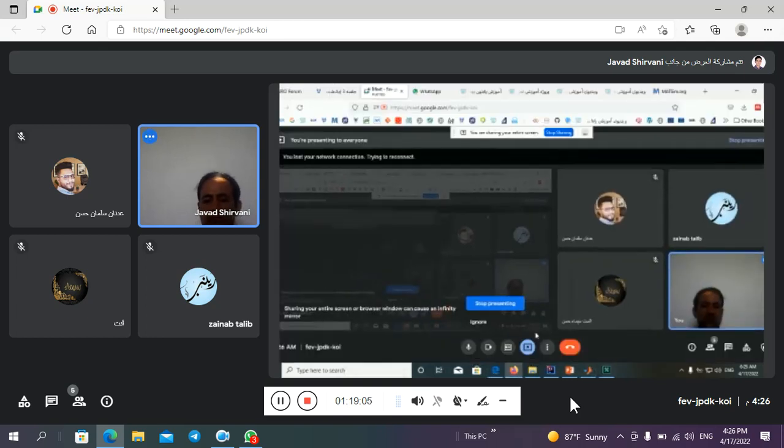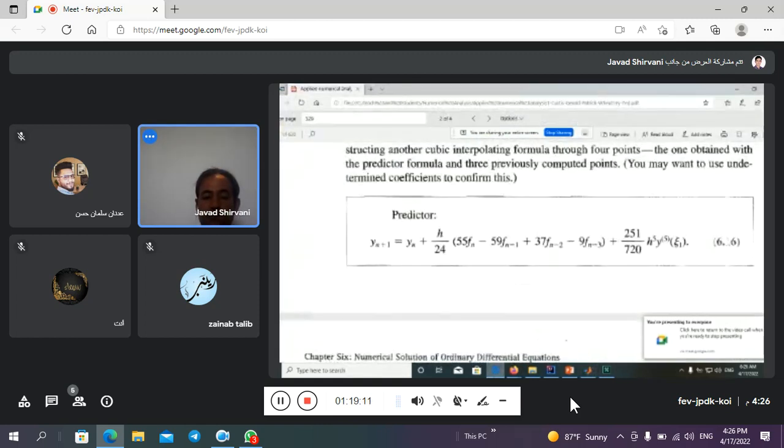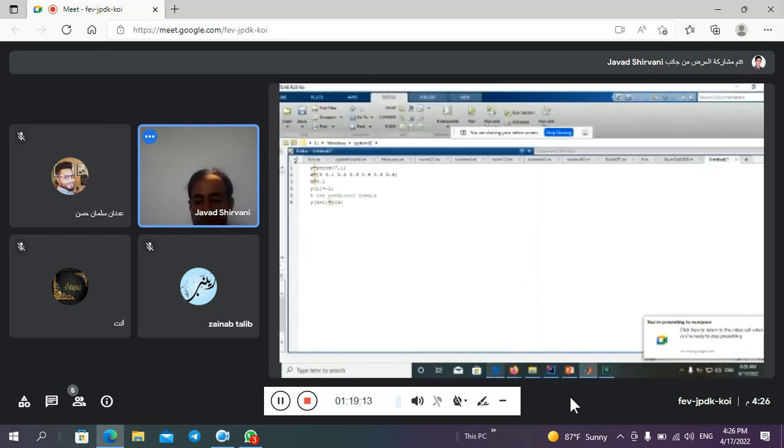We use a vector y index, and here it is formulated as y parentheses n plus h divided by 24 multiplied